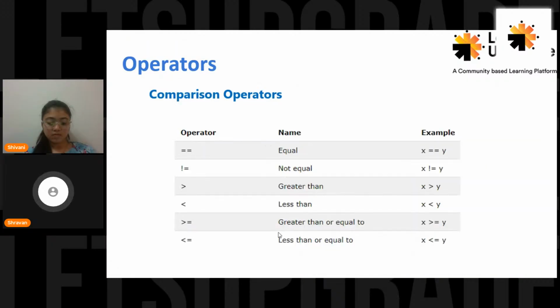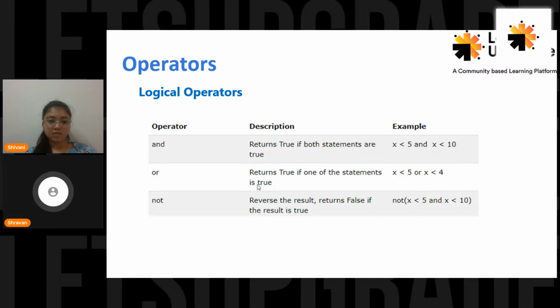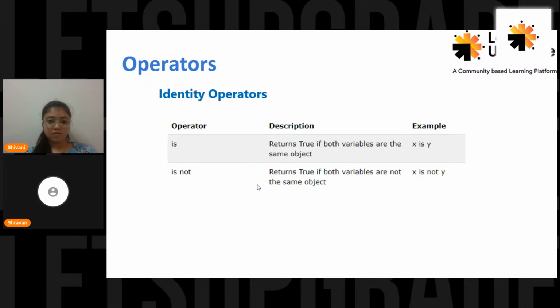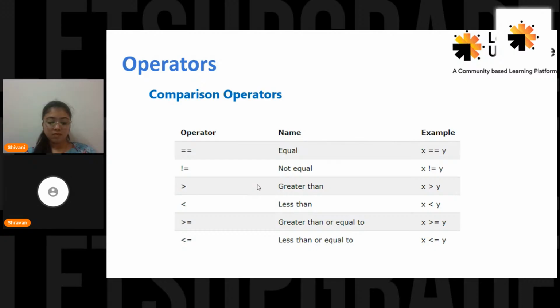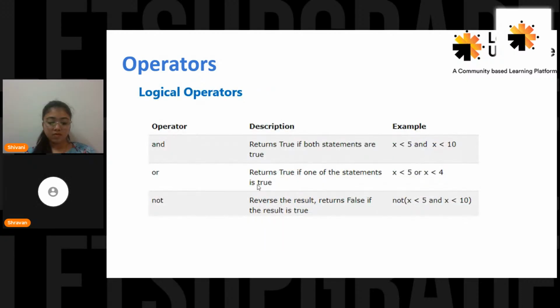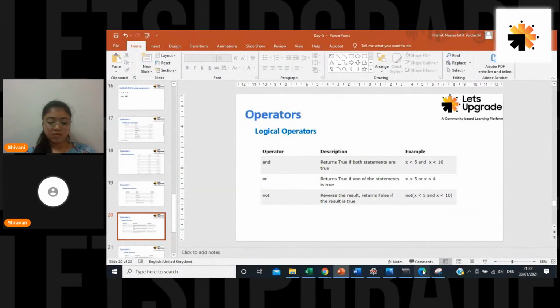And next one is a comparison operator, so I don't want to spend much time on this one also, but I will give a few examples. And here are 'and' and 'or', this also I will explain. We'll go first with the comparison, then we will see logical operators. So first I will go ahead